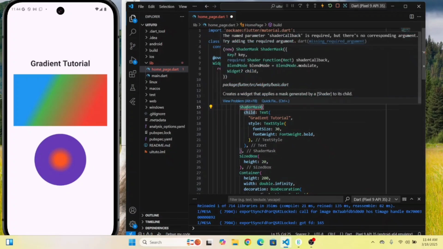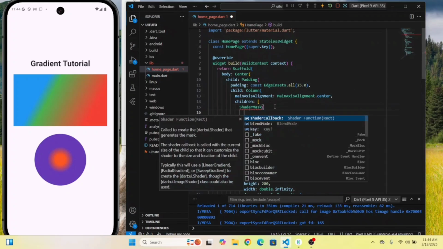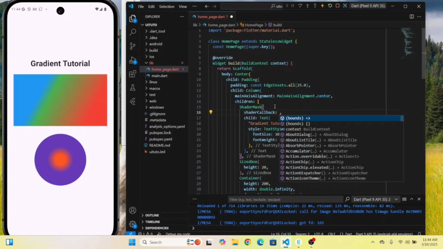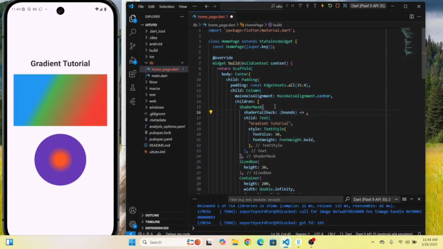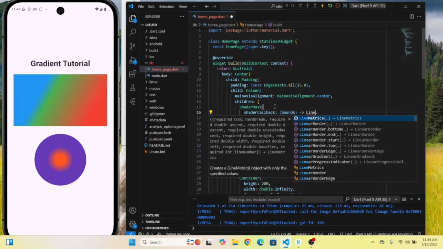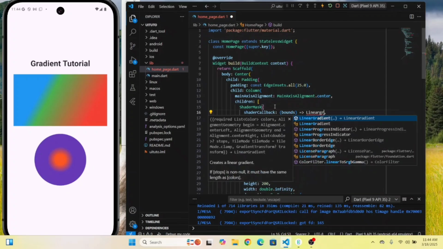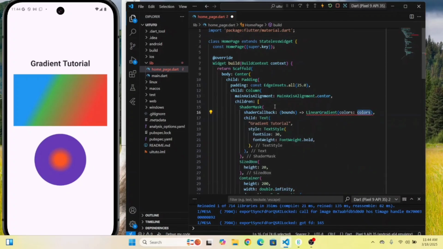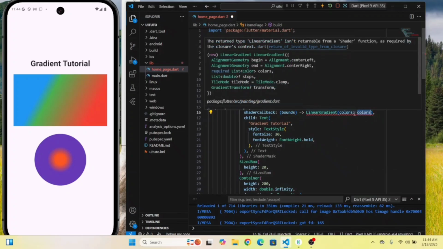Okay, and as you can see, we got the error because it's requiring a shader callback. Okay, now let's give it. And for the shader callback, you have to pass the gradient colors. Okay, I'm gonna use LinearGradient similar to before, and we got the error because we have to